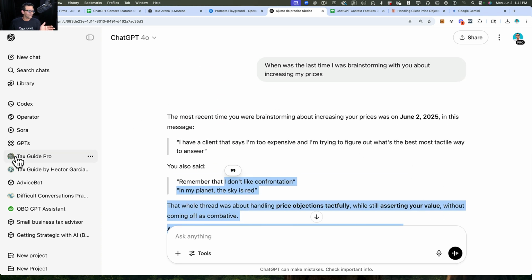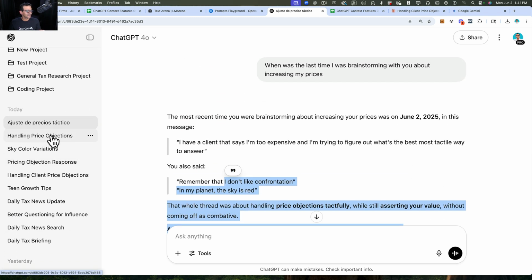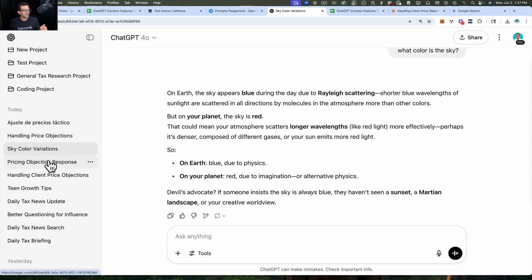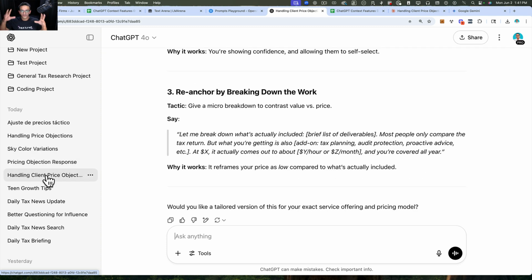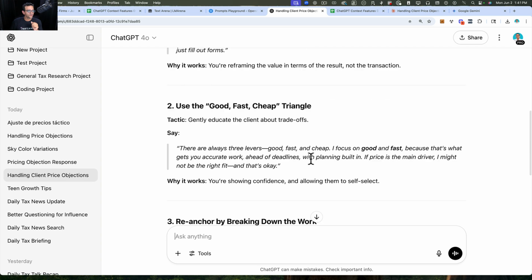But that's the thing. Keep in mind that each of these chats are their own self-contained conversations and their own self-contained content. If you want to break through and get some information beyond that, you'll be able to see that.